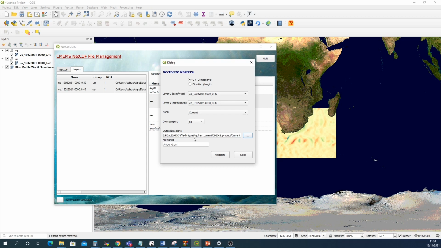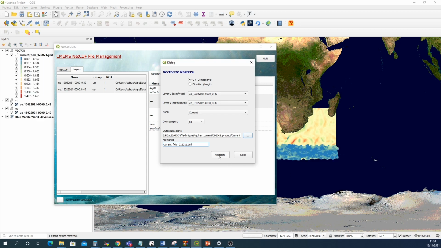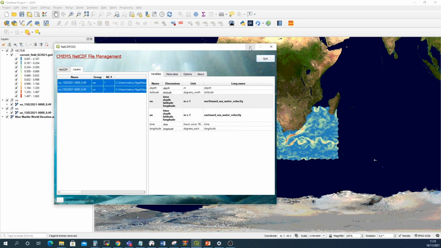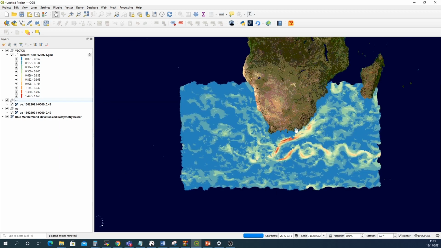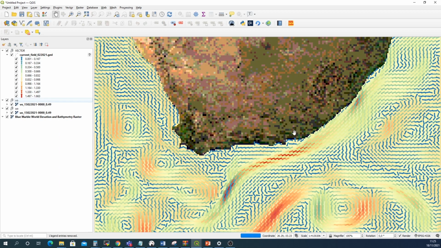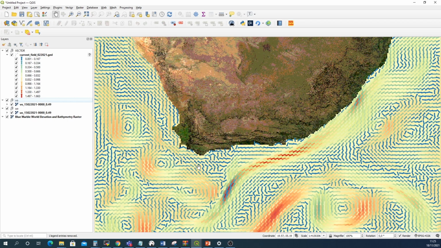Here you can select an output directory for your vector field, and we are going to rename the vector field to current field for February 2021, and then you can click on vectorize. You can see that a vector field has been computed and displayed on the background of your map, so you can close this window, reduce the NetCDF to GIS window, and we are going to zoom on the South African